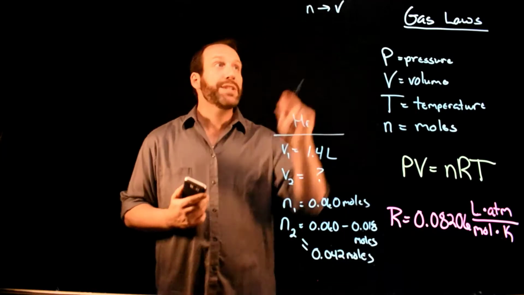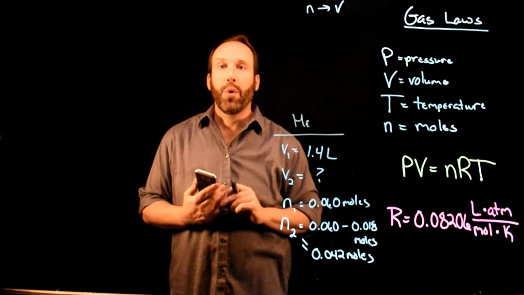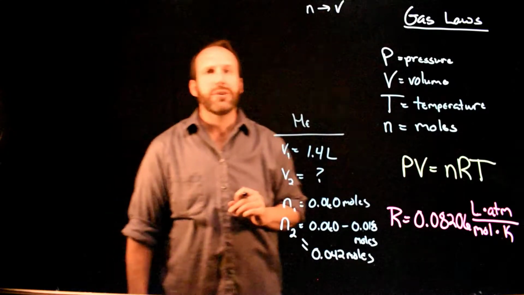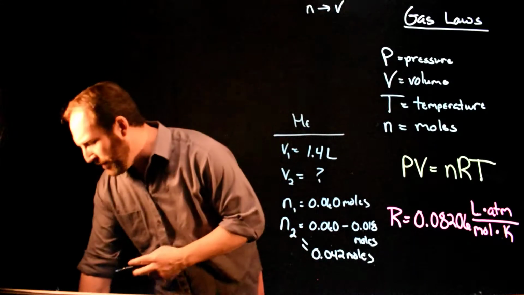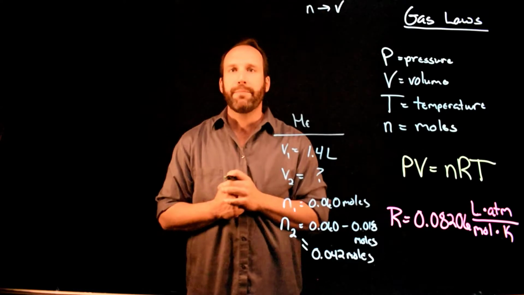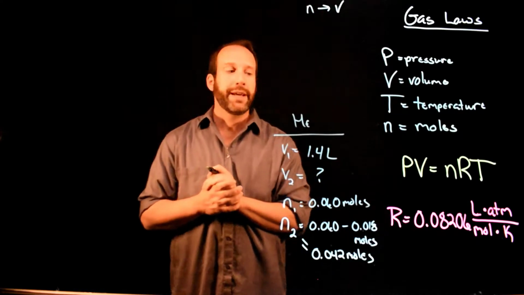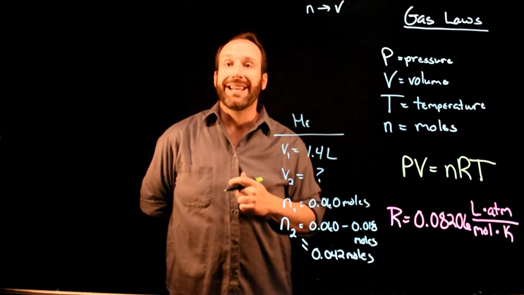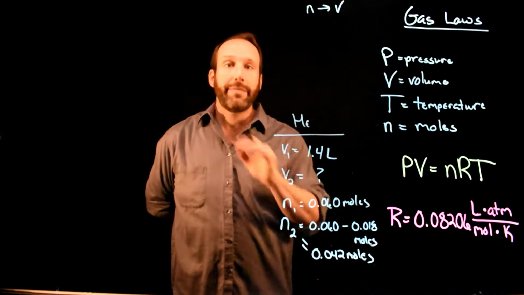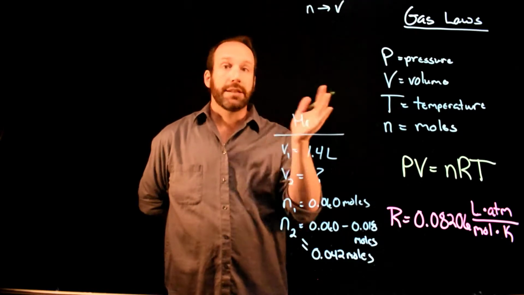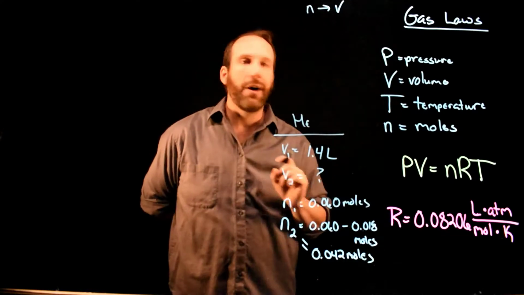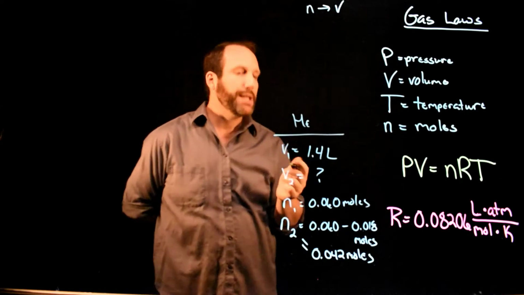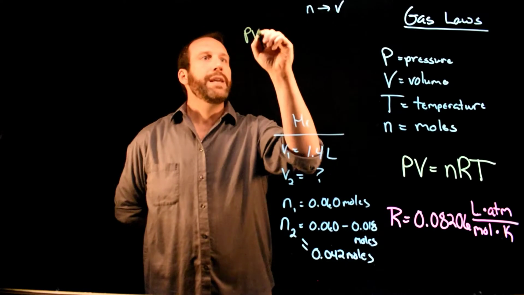So we need this relationship between moles and volume. Well, what is it? In the problem, hopefully you noticed that we explicitly said that we're going to leave pressure and temperature constant. So we can use our ideal gas law to figure out what that relationship is. Maybe you already know it, maybe you can just look it up. This is Avogadro's law, but we can figure it out from the ideal gas law. So let's give that a try. We can start with PV equals nRT,